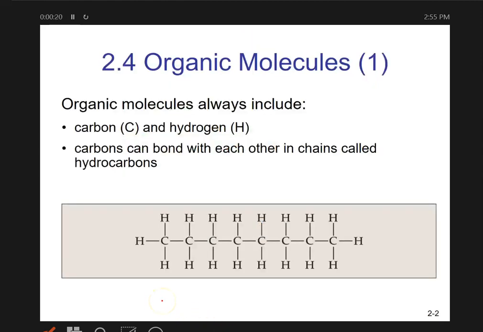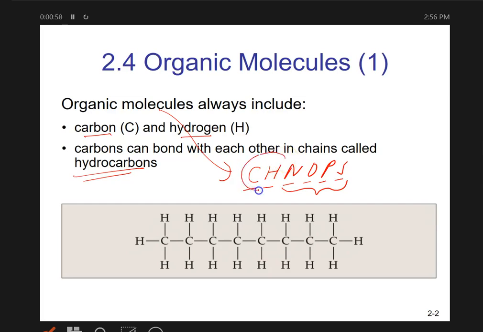Okay, so what are organic molecules? Organic molecules always include two elements, carbon and hydrogen. Carbon and hydrogen form long chains called hydrocarbons. Not necessarily true, because organic molecules can be made up of other elements, and we call them CHNOPS: carbon, hydrogen, nitrogen, oxygen, phosphorus, sulfur. These may or may not be present in all organic molecules, but carbon and hydrogen, yes, they will prevail